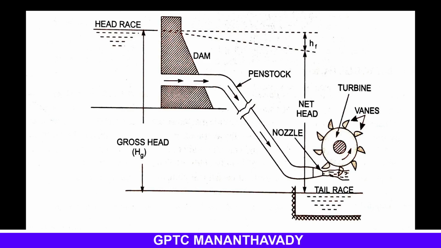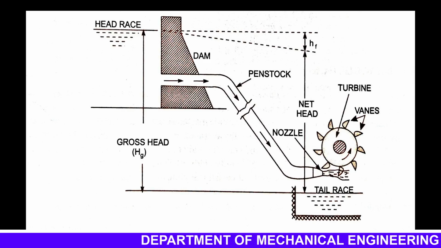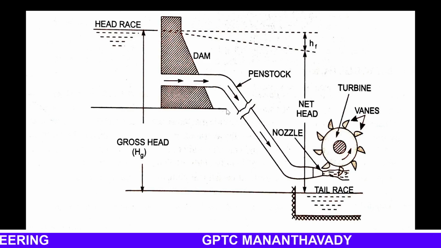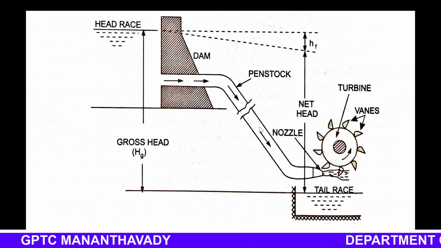No, this means the gross head, because there may be some losses due to friction between the water and the penstock. As the water flows from the reservoir through the penstock pipe, and after that strikes the turbine, there is a chance of friction in between. Due to this friction, there may be losses of energy,